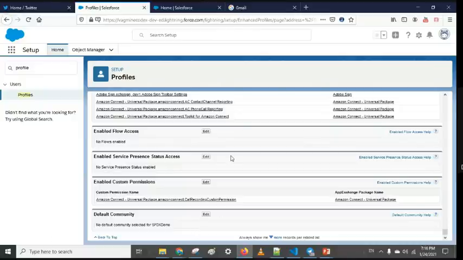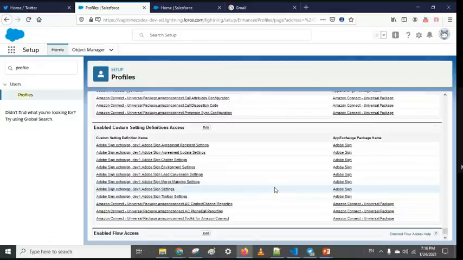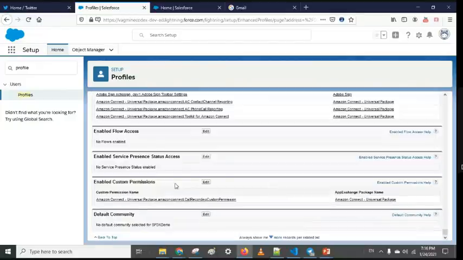Okay. And sir, what about this, the enable custom permission? Is there any way we can create one custom permission? Custom permission is used for code-based security, code-based access you want to give. Sir, can we do it like this: we create one custom permission, and inside that custom permission we assign that permission set?